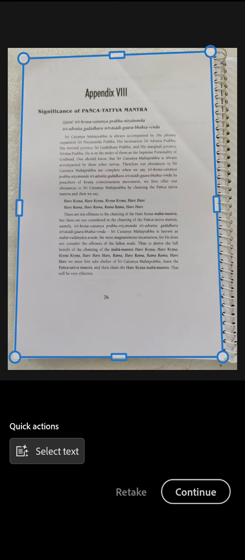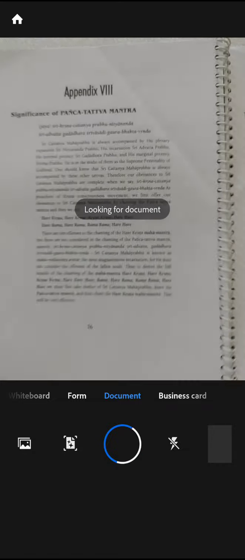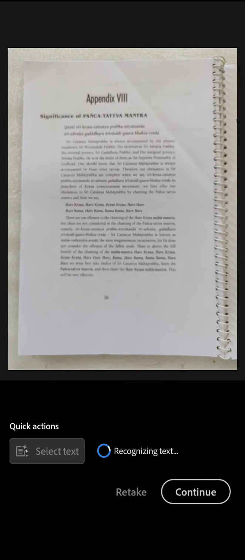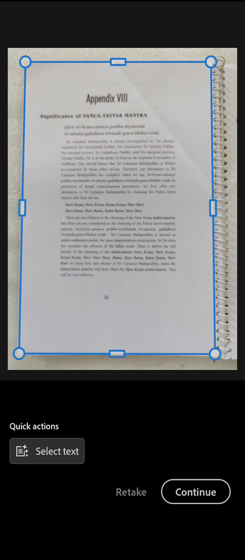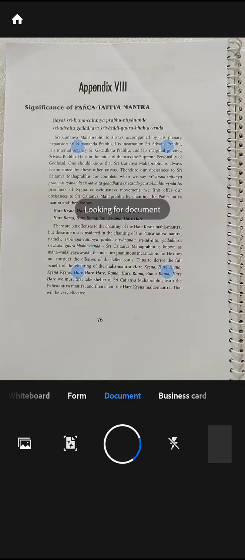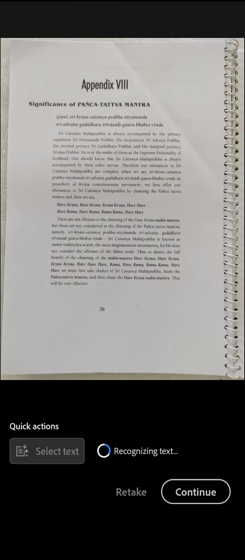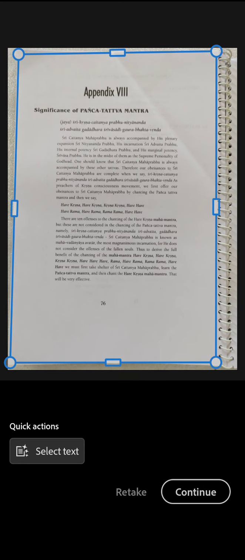Okay, so next, if you think something like this is not clear, you can retake. Just tap the option of retake and you can retake it, and take your phone closer so that it captures the page only. Okay, so while retaking you can see that it is not very clear. So to make it clear, you can just tap anywhere on the screen in the camera so that it focuses on the page. So I tapped and it focuses on the page, and now it will take a clear picture. Okay, so it takes the picture by itself.